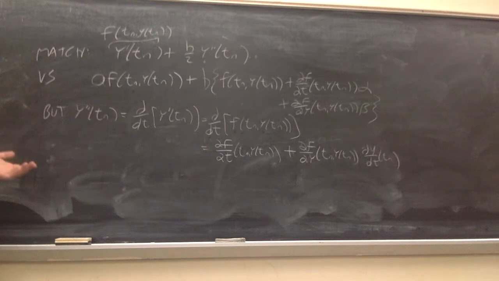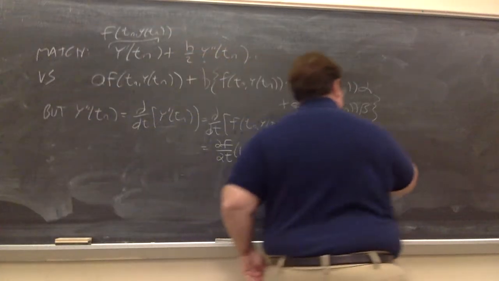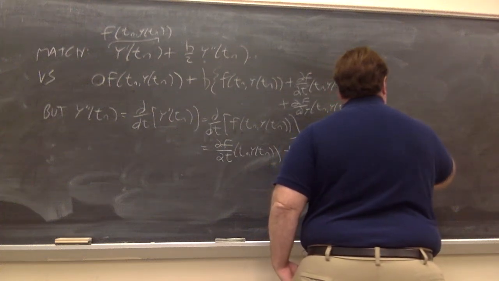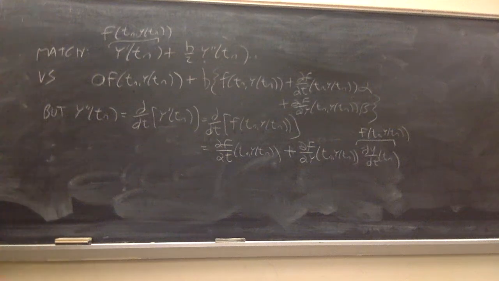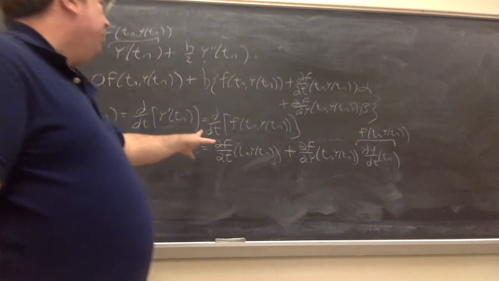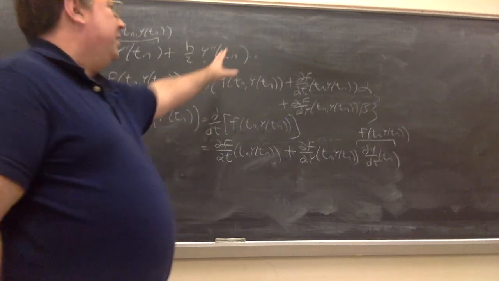But what's dy dt? Or y prime? As I just used 2 minutes ago, f. So I can fill that in too. Okay. So y double prime is now all this, which, as you can see, bears quite a resemblance to what's